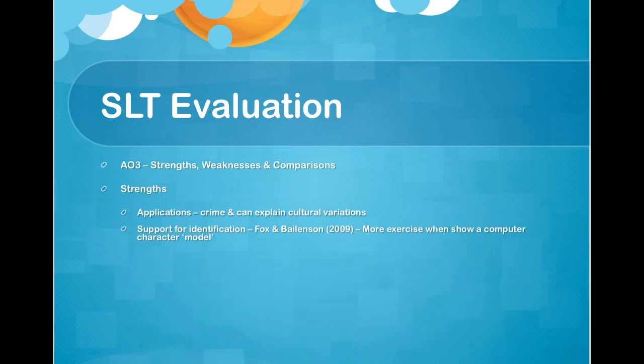Finally, we need to evaluate the social learning theory. So we'll look at some of the AO3 evaluative points. Starting with some of the strengths of the theory then, what's the good thing about this social learning theory,